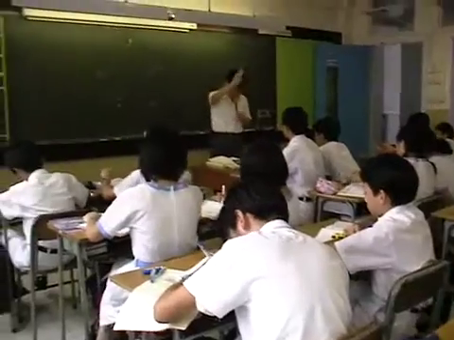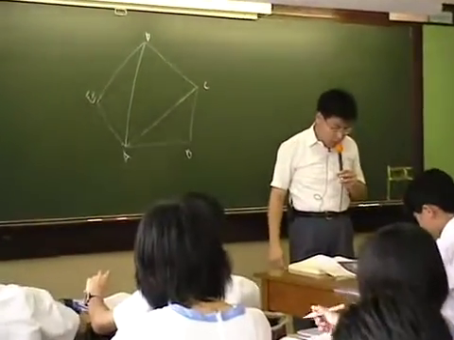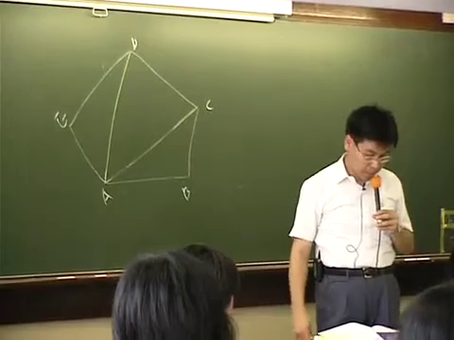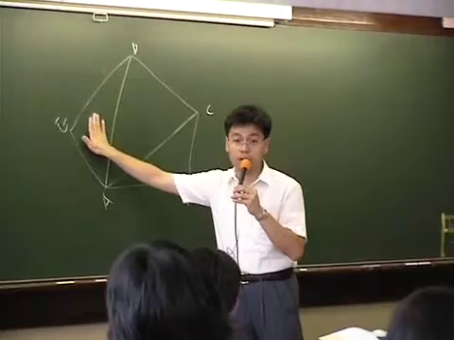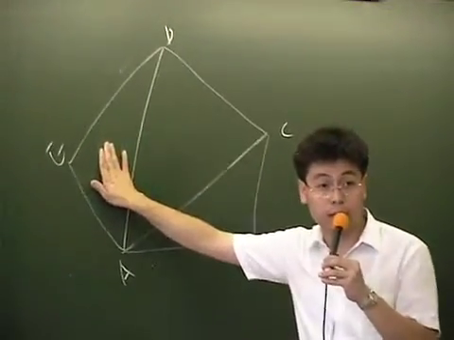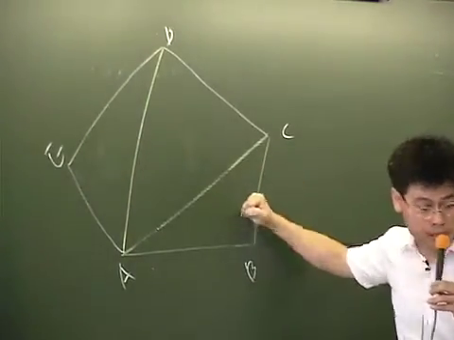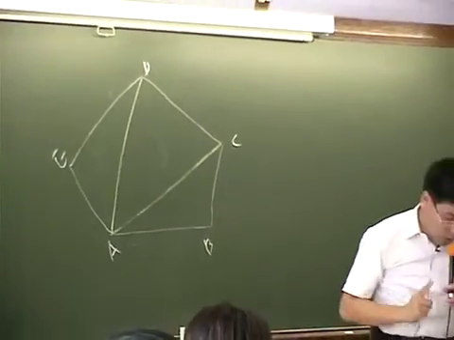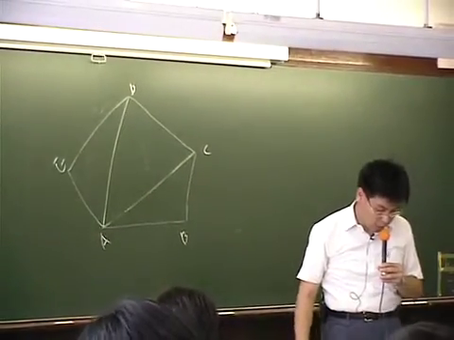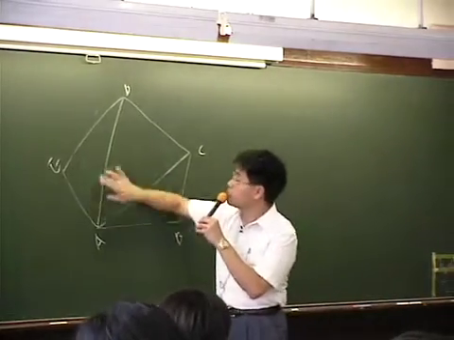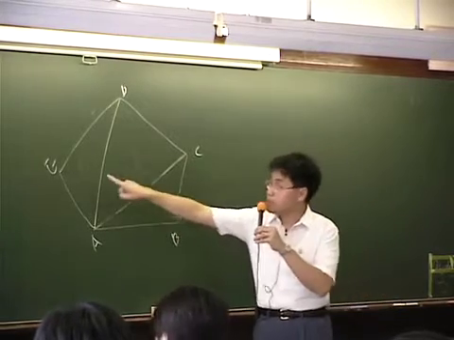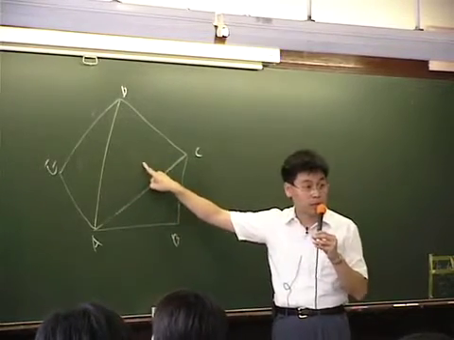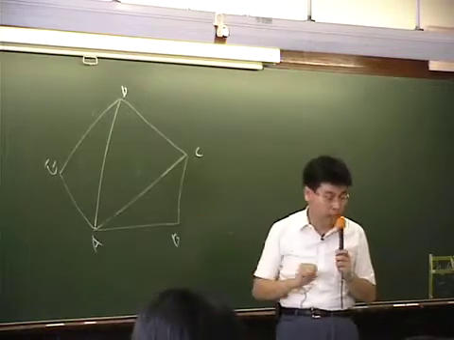3. Okay. Number B. What is the sum of angles in each triangle? 180 degrees. Okay. For the first triangle, the sum is equal to 180 degrees, 180 degrees, 180 degrees. Okay. Number C. What is the total sum of the angles in all the triangles formed? What is the total sum of the angles of these 3 triangles? 180 degrees, 180 degrees, 180 degrees. Altogether it is 540 degrees.